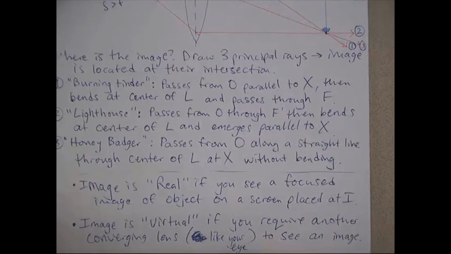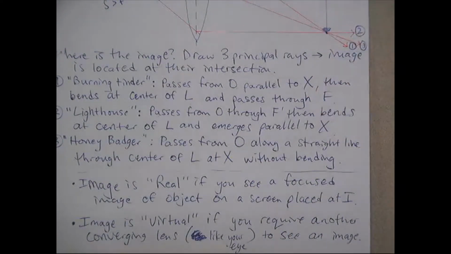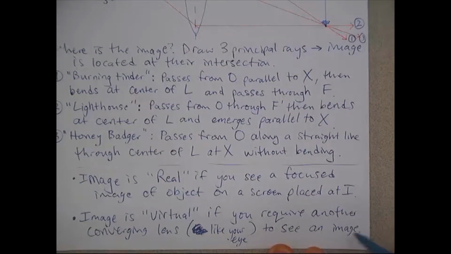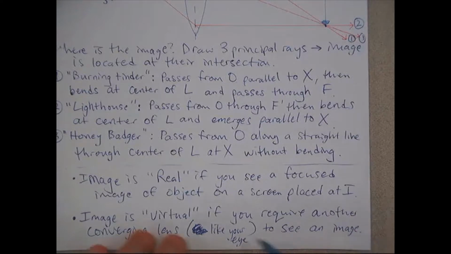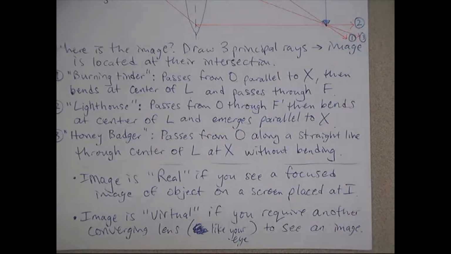What is required is to have another converging lens farther along the optic axis to project down, either to see an image projected onto a screen, or say the converging lens in your eye to project an image down onto your retina. So there are four